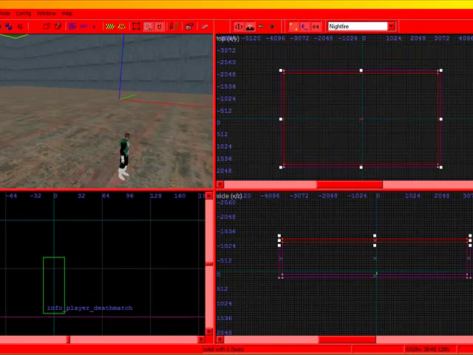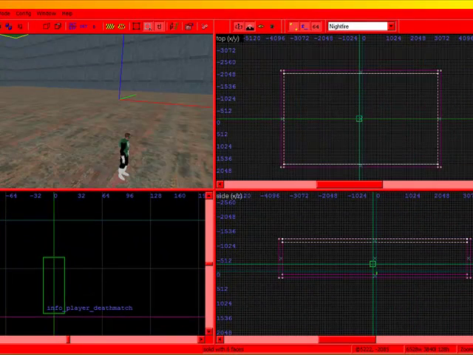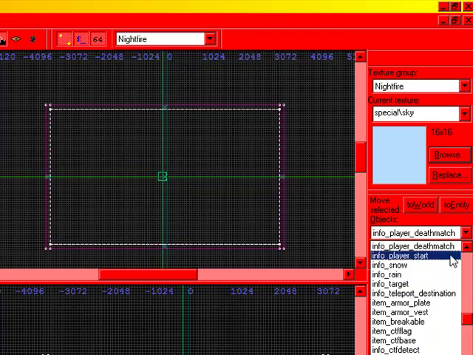So, we need light. We go to Entities, and oh yeah, let's place another. Let's place the info